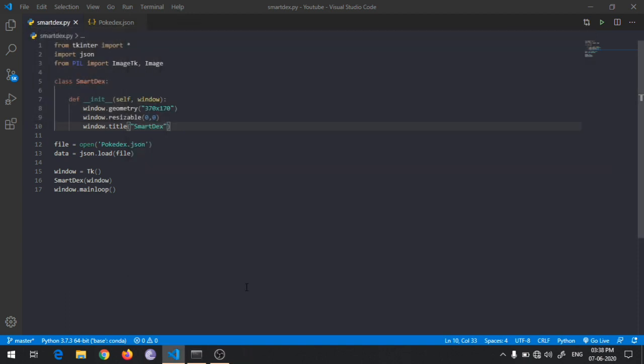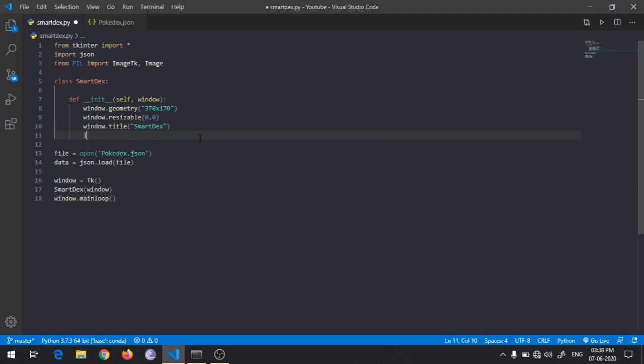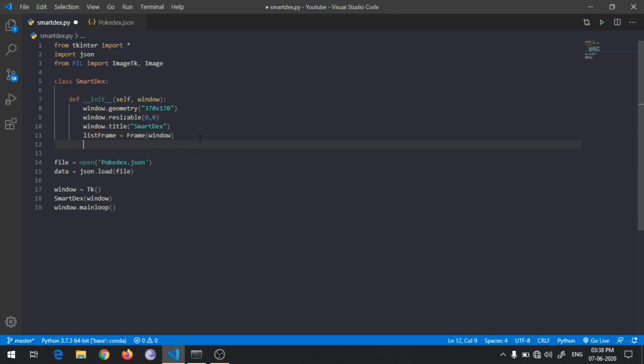So for that I will create two frames. One is list frame, that will be a frame and the parent will be window. Second will be data frame, and the parent will again be window.